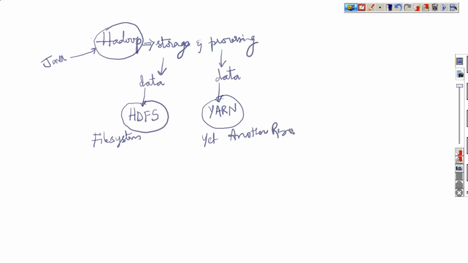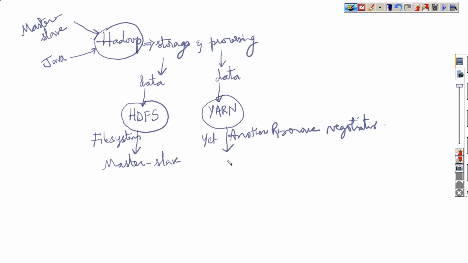Now the architecture followed by Hadoop, as you said, is master-slave architecture. Even HDFS is going to follow the same architecture, and even YARN is going to use the same master-slave architecture.